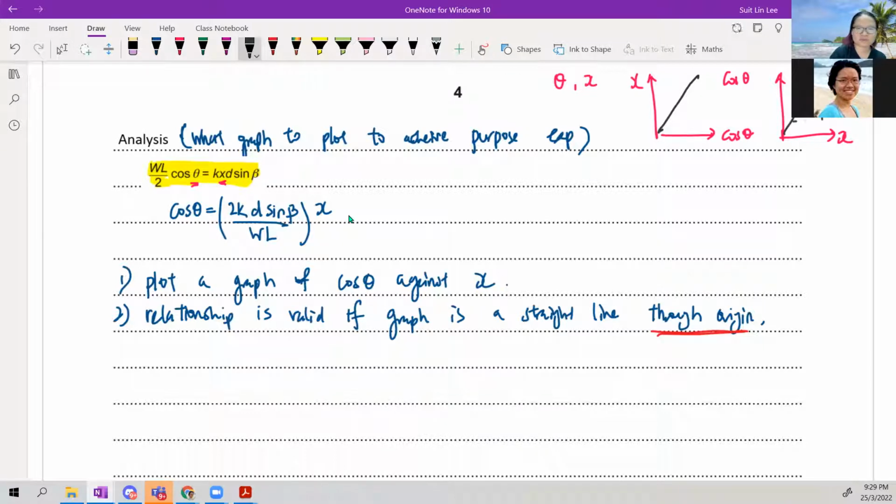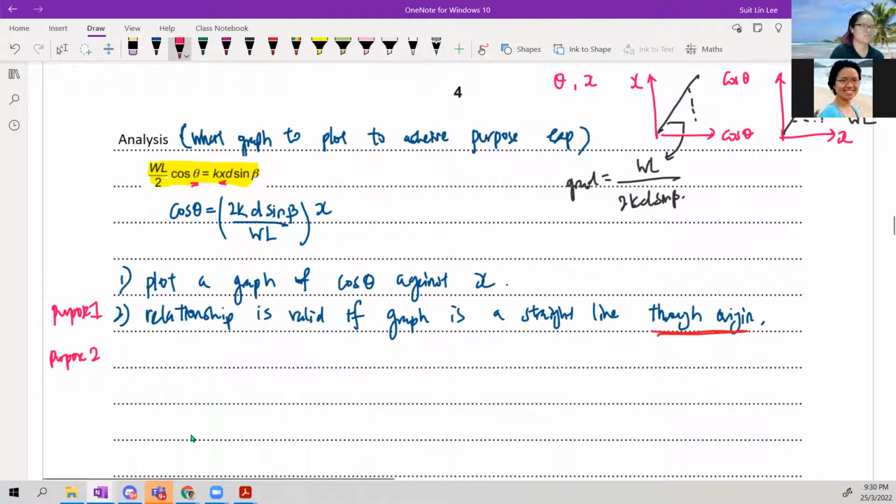Now, the only difference between these two graphs is gradient. This gradient is 2kd sine beta over WL. And this gradient is the inverse, so WL over 2kd sine beta. Whichever gradient, a straight line is fine. Straight line through the origin. Okay. So now we need to find W. So purpose 1 is done. Make sure that you can test the relationship. Purpose 2,